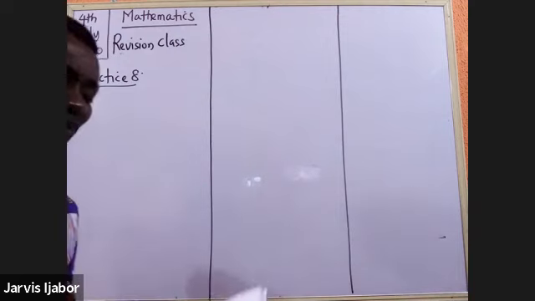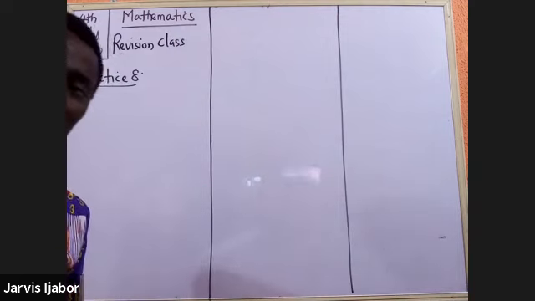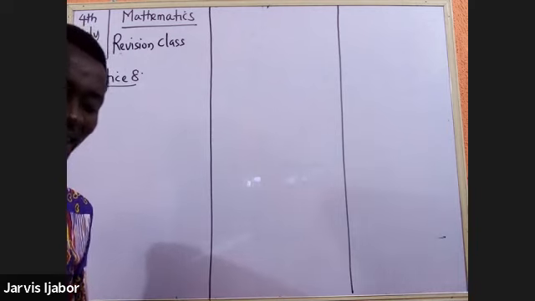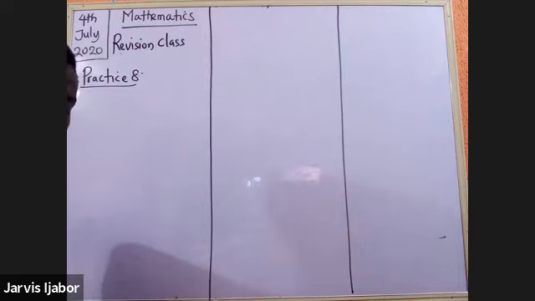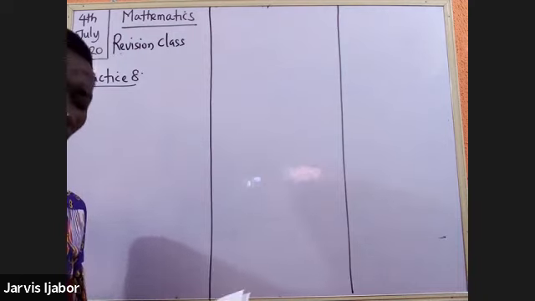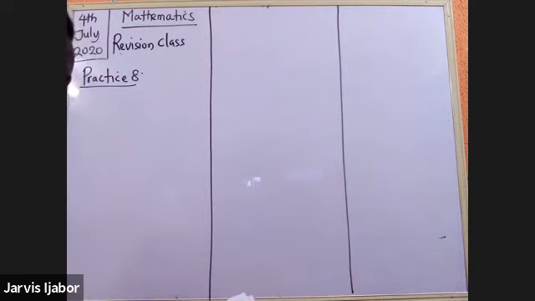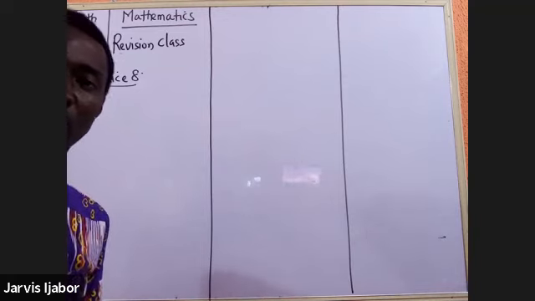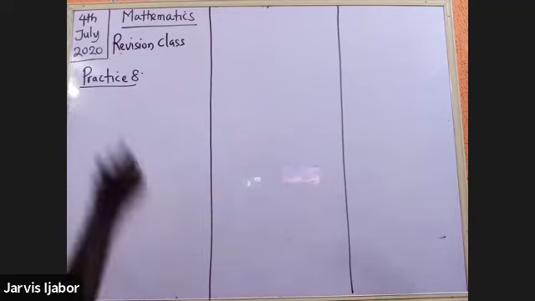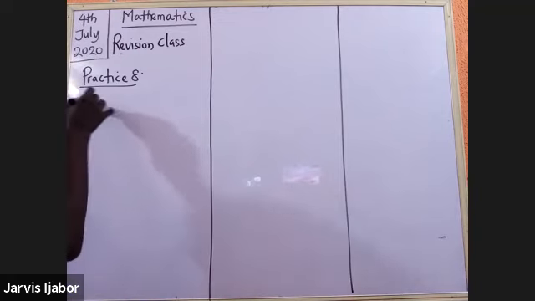It says calculate the volume of a cuboid tank whose edges measure 5.2 meters each. Now, what it means is that what you have is a cube